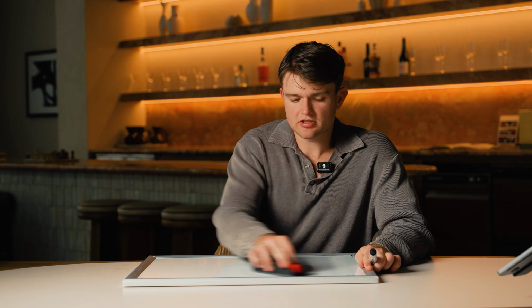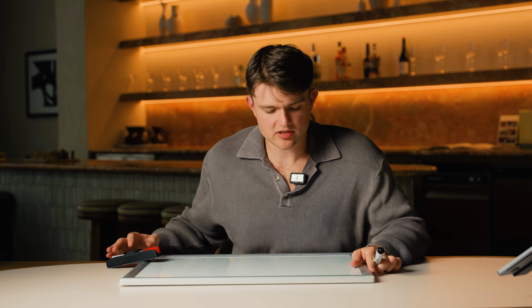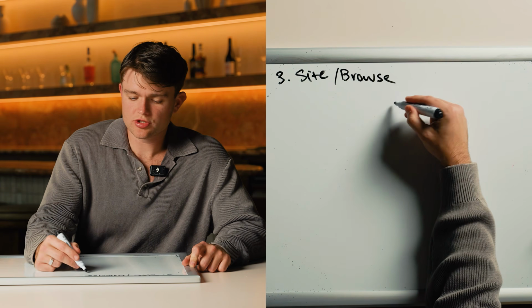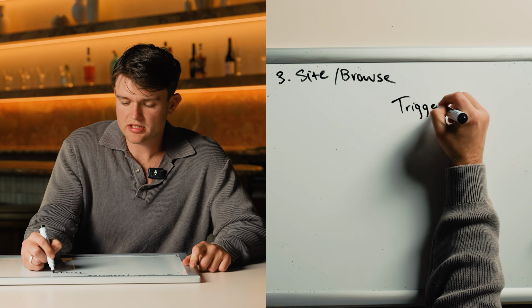Look, now that we've squared away cart and checkout, we can move on to active on site and browse abandonment. We'll group these together because we don't need to spend that much time on them, because the fundamental structure is so similar to what we just spoke about. But we have our site and we have our browse. Pretty much as soon as you trigger these flows, you just want to do the exact same thing we did